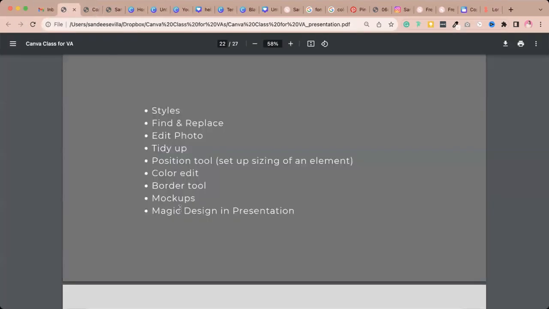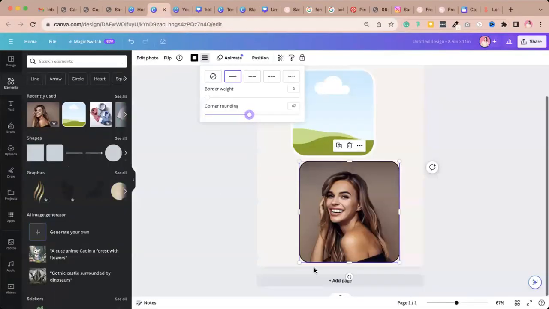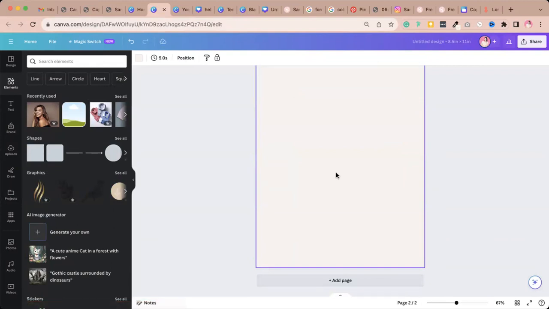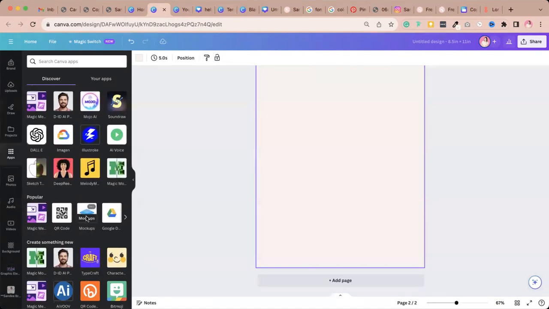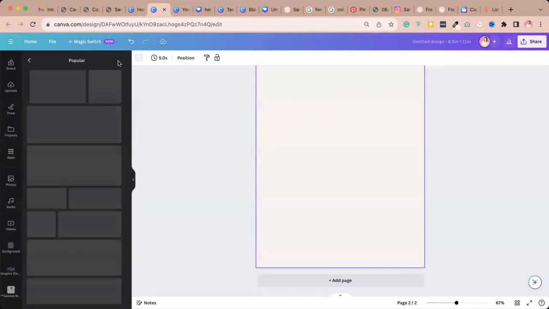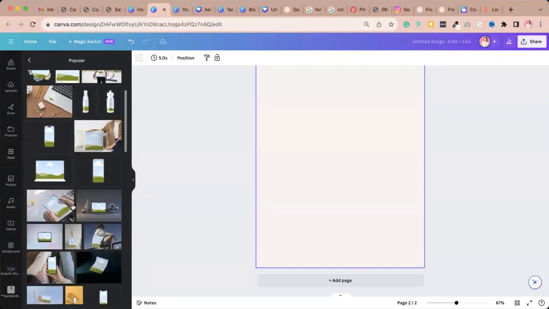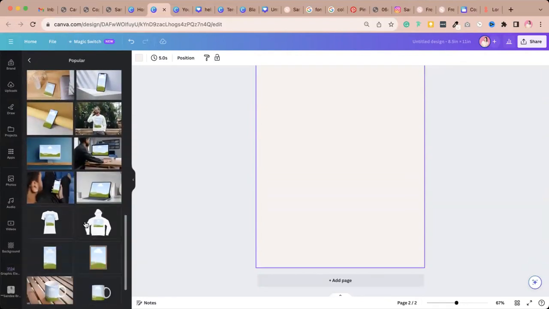Okay. Now, mock-ups. So mock-ups, again, will help you showcase your clients. Say, for example, if they're offering a class or if they're offering a PDF, then you can use the Mockups app to do that. So go to apps and then go find Mockups right here. And then here you'll find different mock-up scenes that you can use for your material. So let's just say, for example, I wanted to do a mock-up of my webinar. So this one,